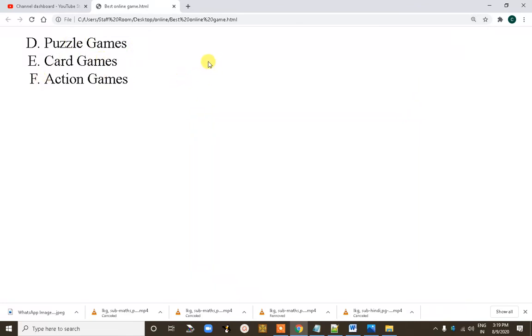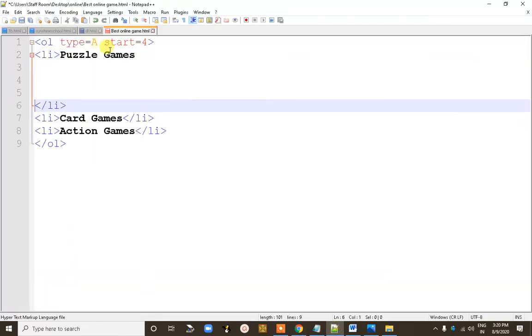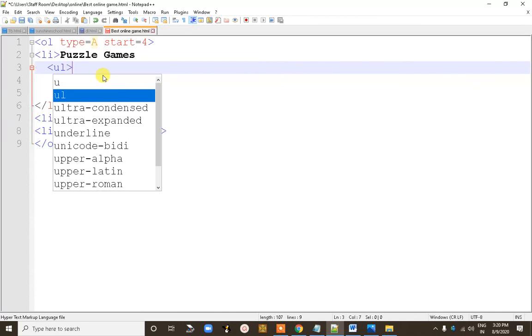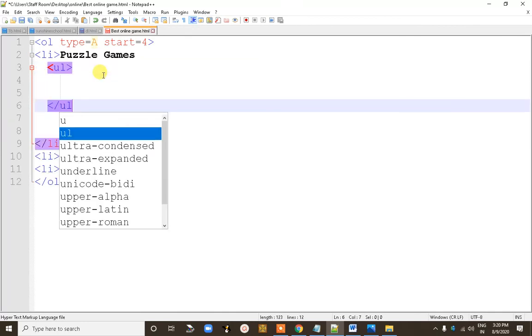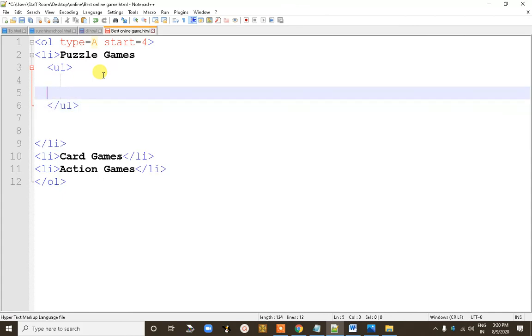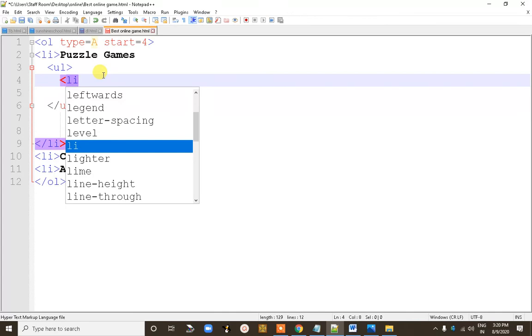Now within this puzzle games list we have to use the unordered list. Unordered list start, unordered list close. Now in the unordered list we have to use again li start and li close.